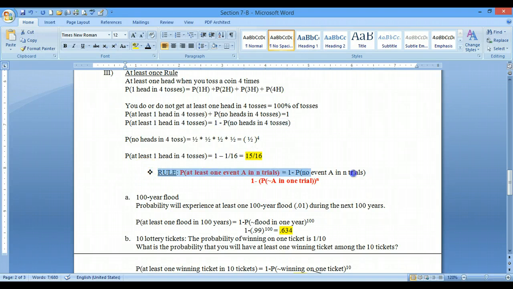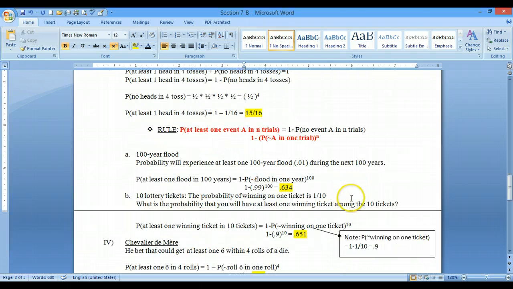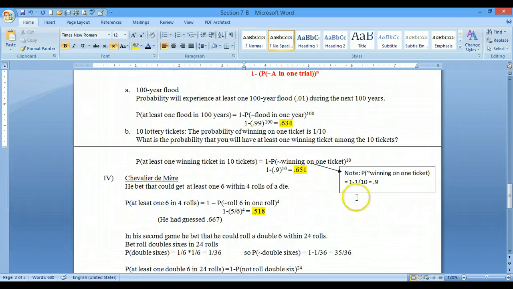And that leads us to our rule, the at least once rule. The probability of at least one event A in n trials equals 1 minus the probability of not getting the event A in 1 trial raised to the n number of trials. So if I have a 100-year flood,